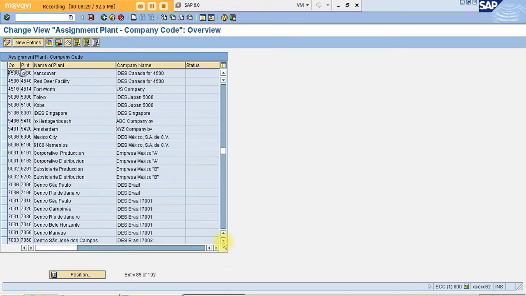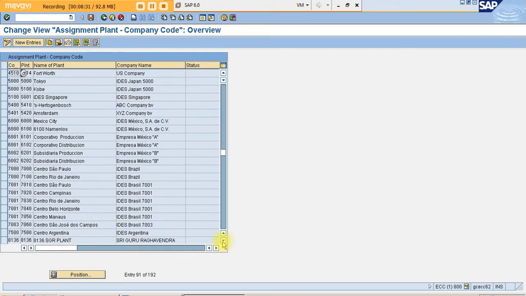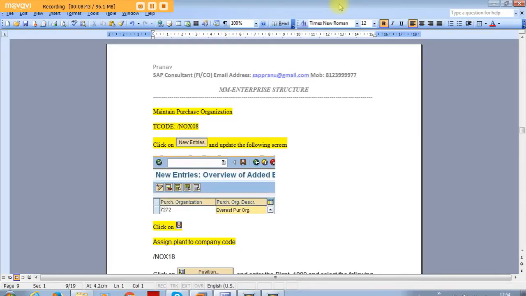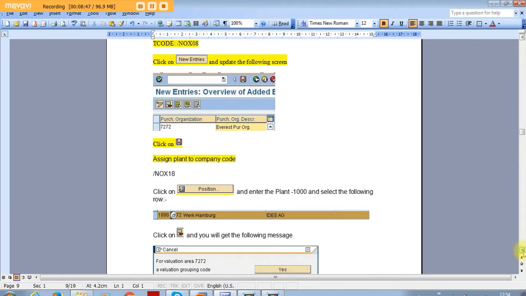I'll scroll down a little. See, company code 8136 has two plants, 8136 and 8137. Now assignment is over.